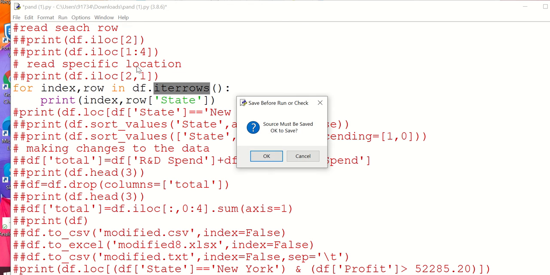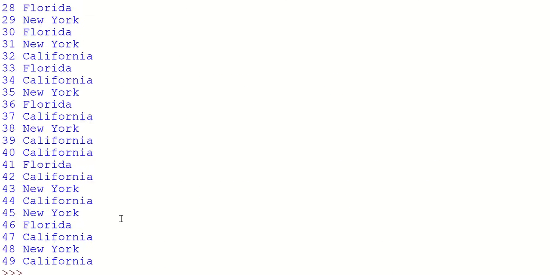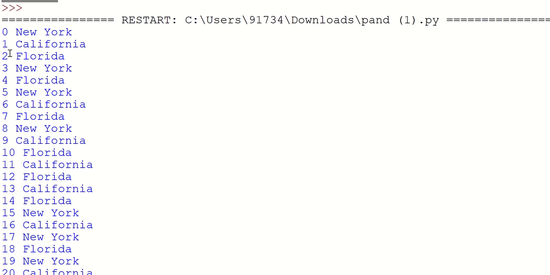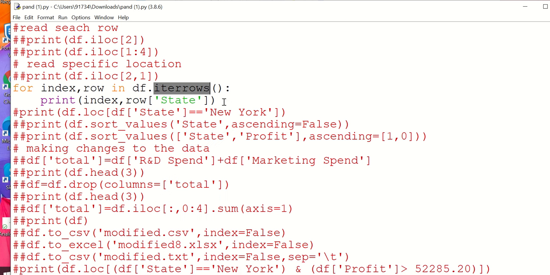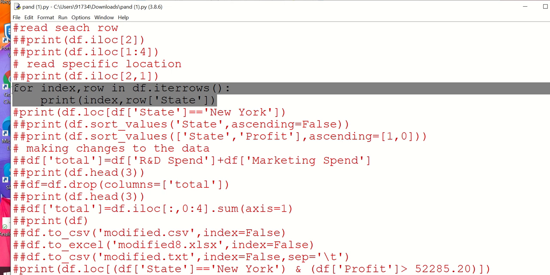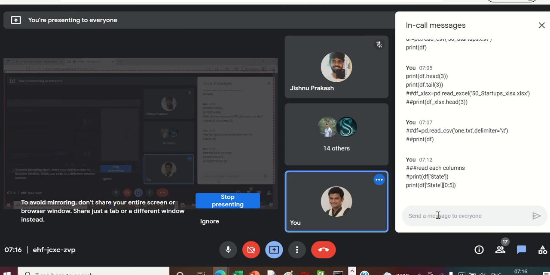Let me show the output first. So it is giving the index and value pair. Earlier we only printed New York, California, but there was no index, so we can add an index by doing this. I will share this command. Viewers can also try.